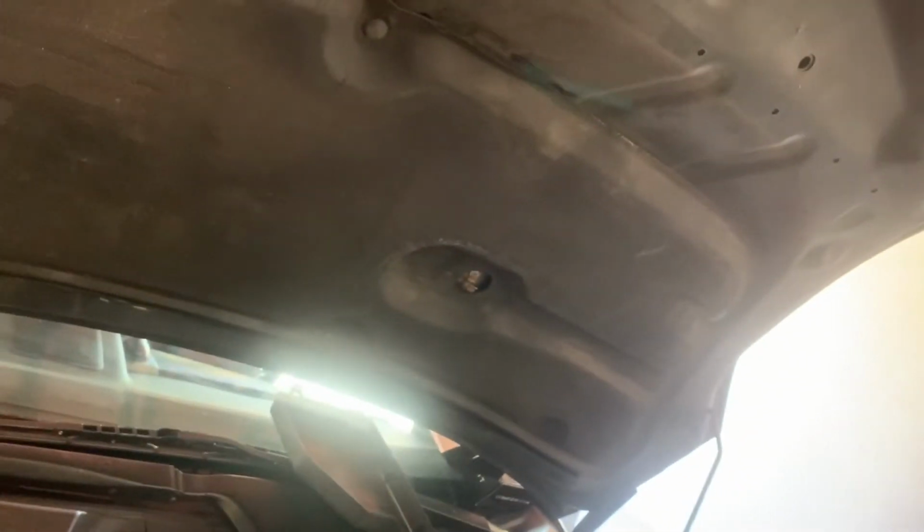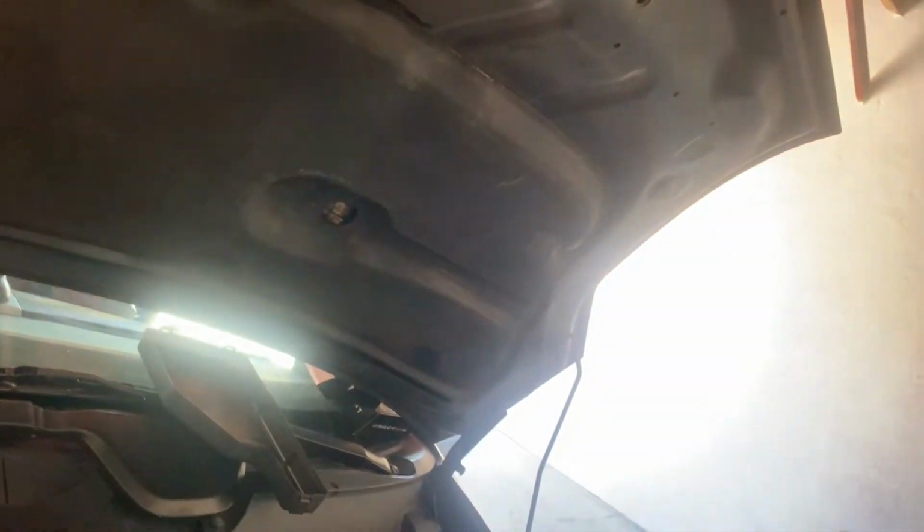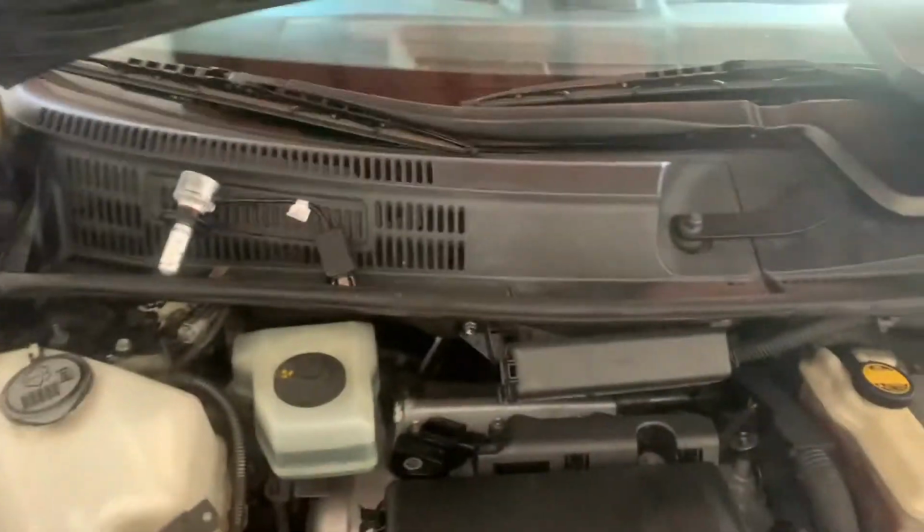So same thing as before. Pull the little tab. Bulb comes right out. I had just replaced this bulb too, but decided to go with LEDs. I think this bulb was like 14 bucks just for one. Now I got 2 LEDs for 20 bucks. So there's my 2 bulbs. Now let's go back to my ghetto rigged